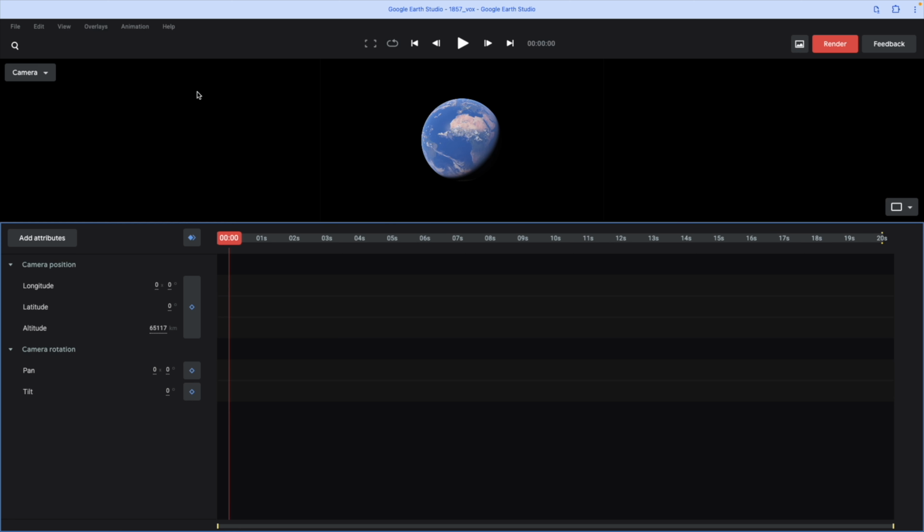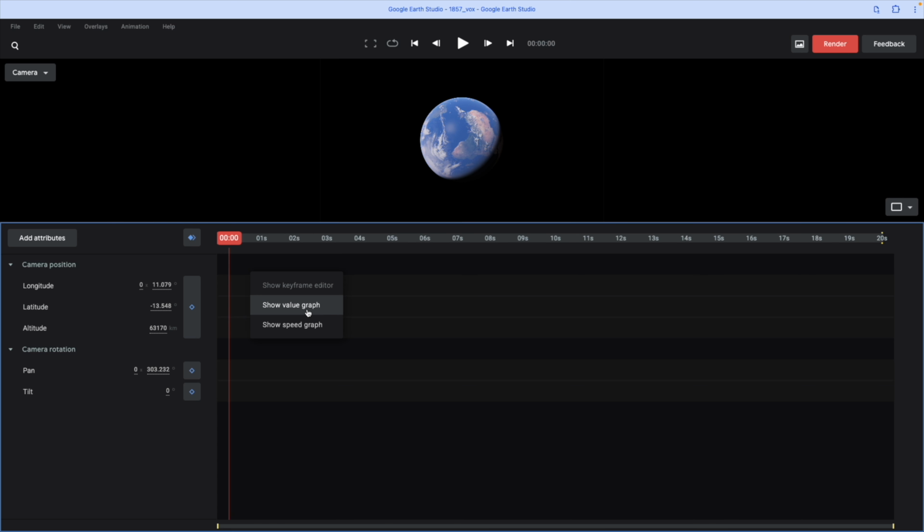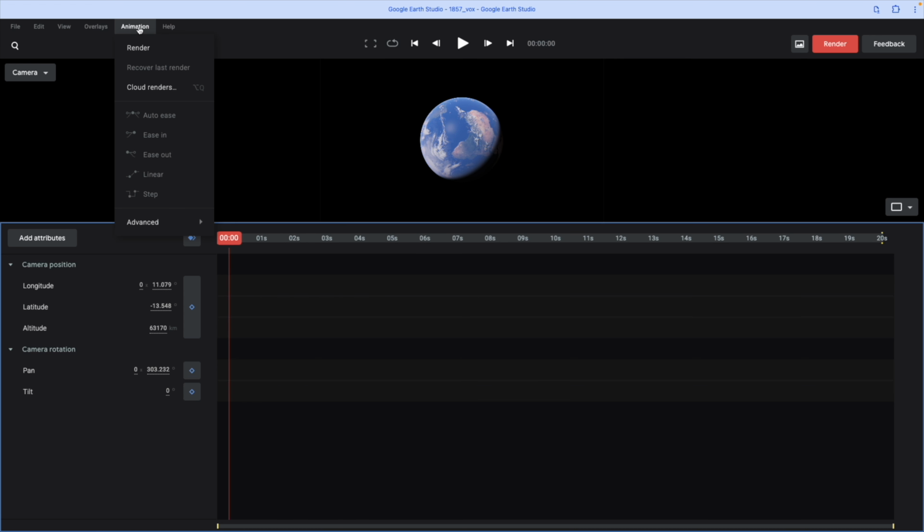You can customize from here and other things. And this is just like Google Earth if you have used it. Then we have this timeline, and here we have the value graph and speed graph, just like in After Effects. If you click on this play button, this will play the animation, but we haven't added any keyframe. So let's start by adding this